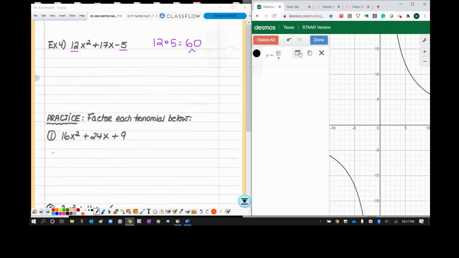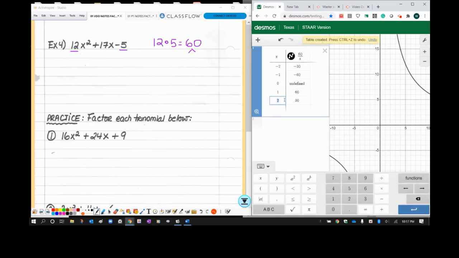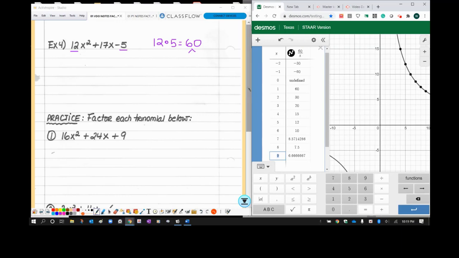Click the wheel, the table, press enter many times. So then we write 1 and 60, 2 and 30, 3 and 20, 4 and 15, 5 and 12,